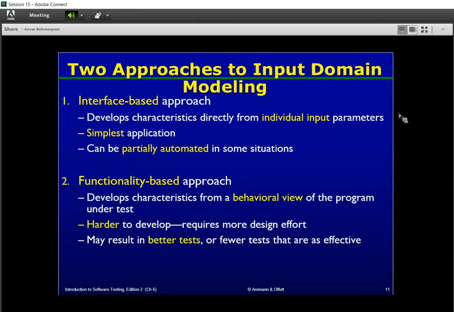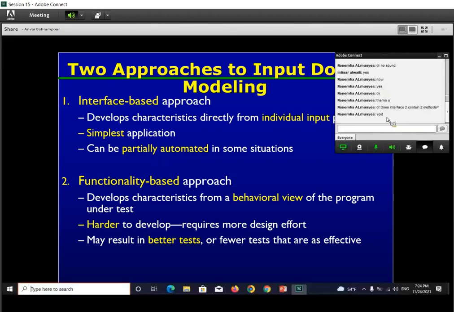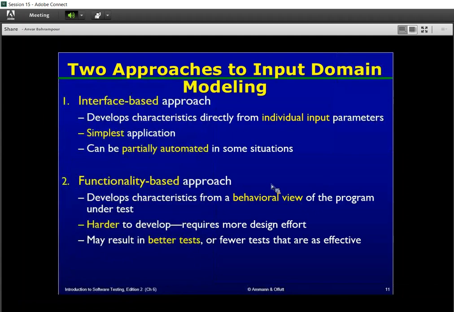But 2 contains 2 methods. What's the interface 2? The slides. Let me see the clock. Oh, so if